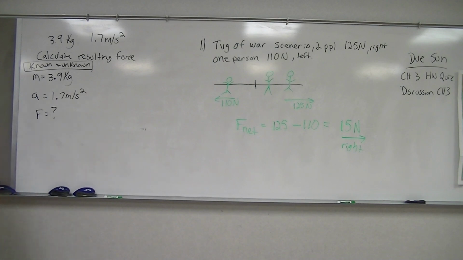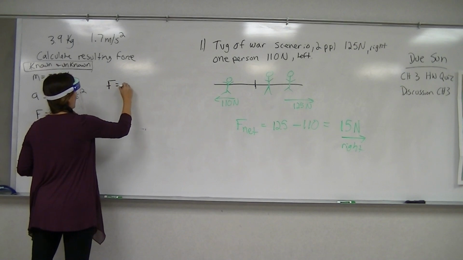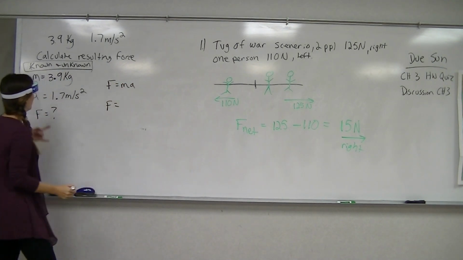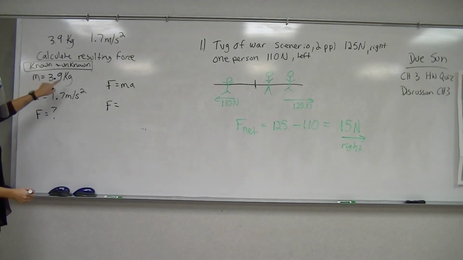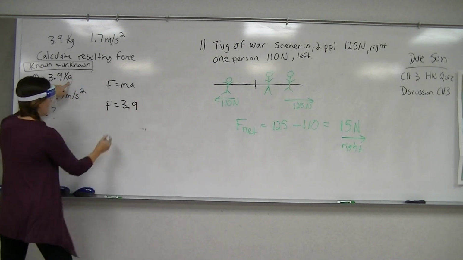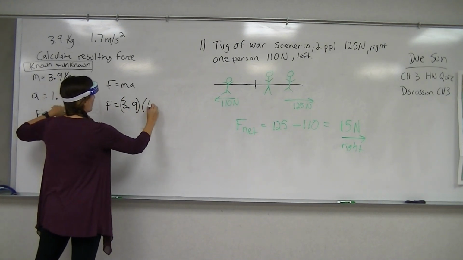So this is the easiest type of force problem that you'll see, because you don't have to rearrange the equation or anything. We're going to be using the equation F equals ma that we get from Newton's second law, and we're just going to plug in the two pieces of information. Now notice the mass is in kilograms. That's what we want it in. If it was in grams, then I would need to convert it to kilograms before I plug it into the equation. So I have 3.9 for my mass, and I'm going to multiply that by 1.7,